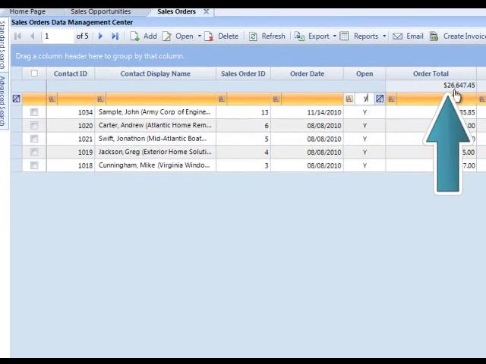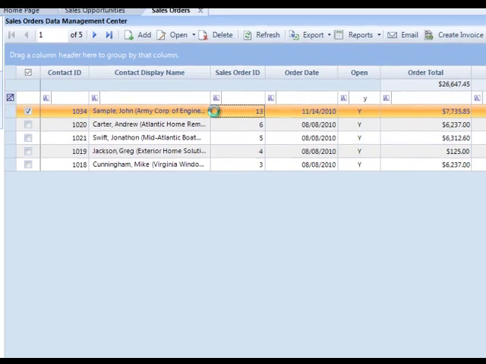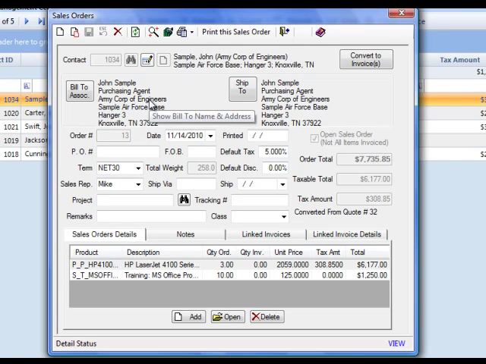And you'll notice in the order total column, this is going to provide a sum of all of the items. So you basically have 26,000 in your backlog of items you need to deliver. To open up the record, you would double click on the record just like any of the other DMCs. And this is the sales order screen. You'll notice it's very similar to the quote screen, but it does allow you to track a few additional things. So for example, here we have tracking number, you also have a class field,